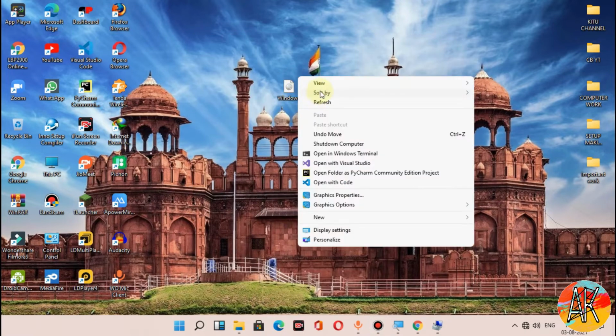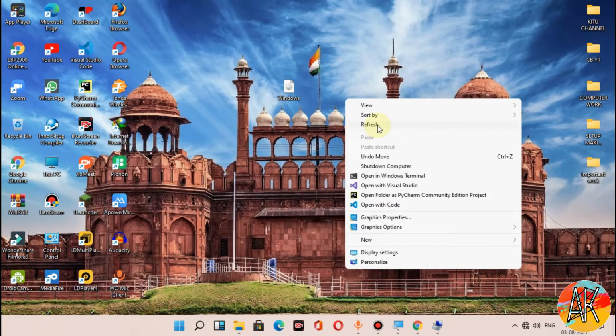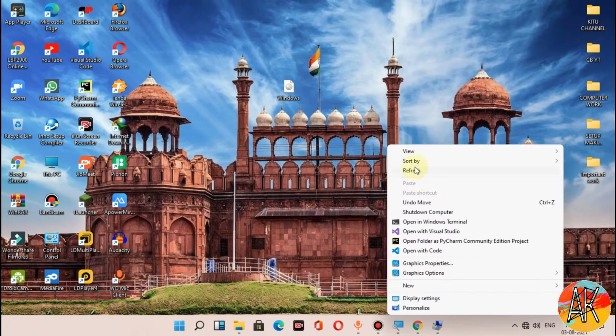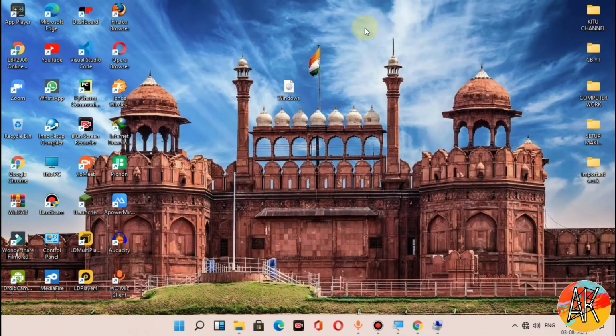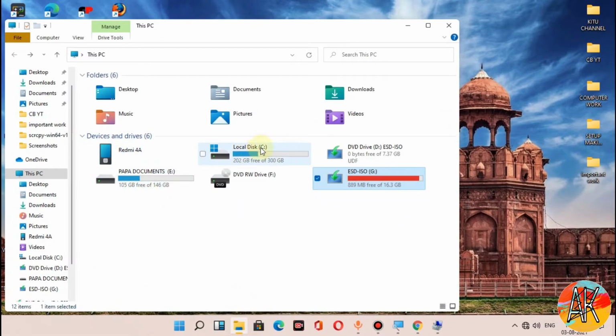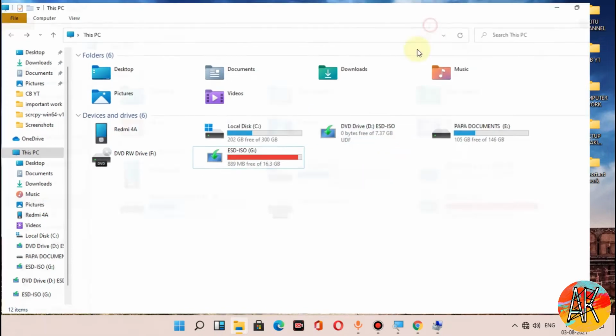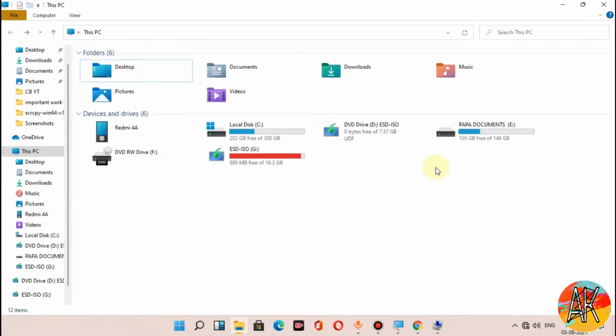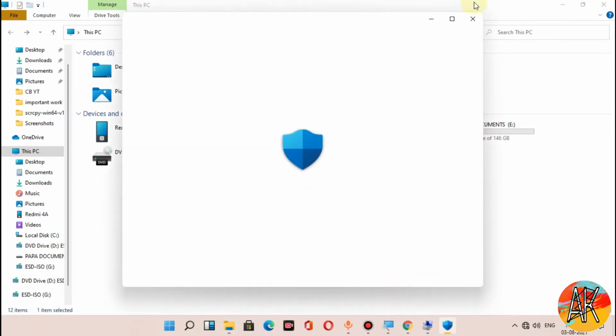Guys, I will tell you to take a backup of your computer and save the important data, because the C drive on which your Windows is installed will get fully cleaned, and if you keep your data in other disks, it will not get cleaned. So take a note of all your drives and check what sizes they are.